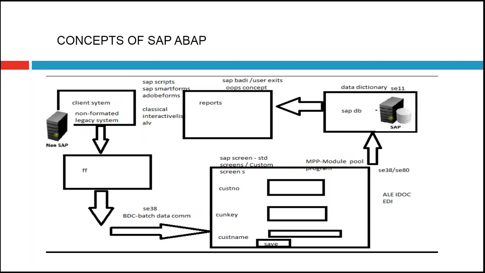So the invoice is going to be prepared using the concept called SAP Scripts or SAP Smart Forms, ABAP forms for a more advanced level in PDF formats. And if the client requires additional fields to be included in the SAP standard screens, then we go for the concept called user exits or BAdIs. BAdIs are an advanced concept used with the OOPS concept. So this is where all the concepts of ABAP are going to be involved.